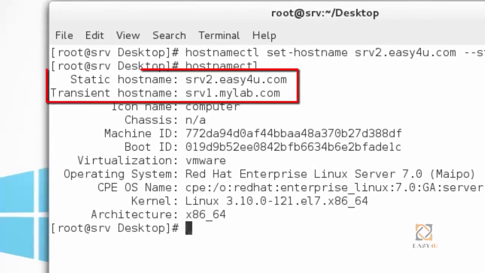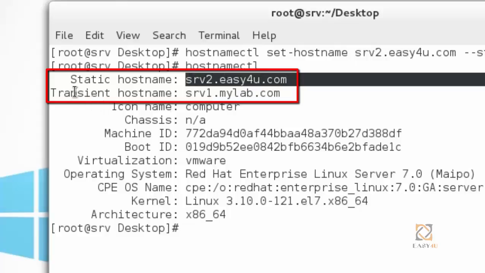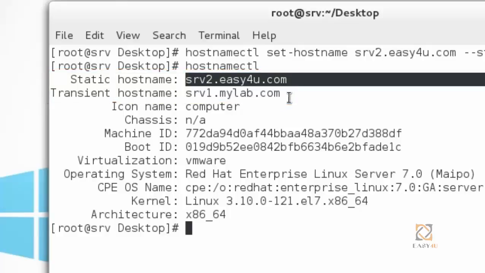You can see that the new static hostname is srv2.easy4u.com, and the old hostname is used as transient hostname because we did not use any option in the previous command. So the old hostname is used as transient hostname.